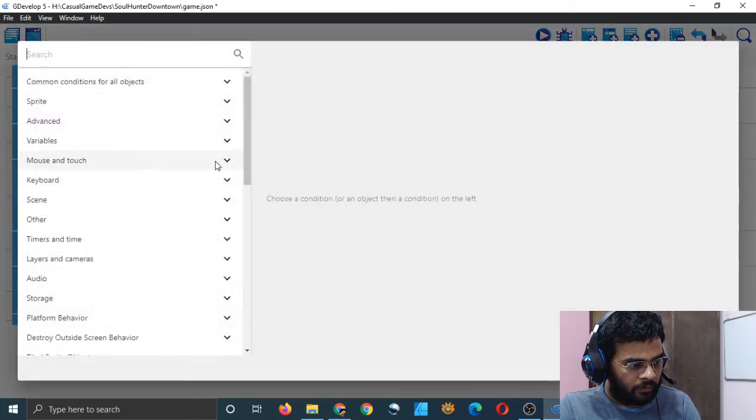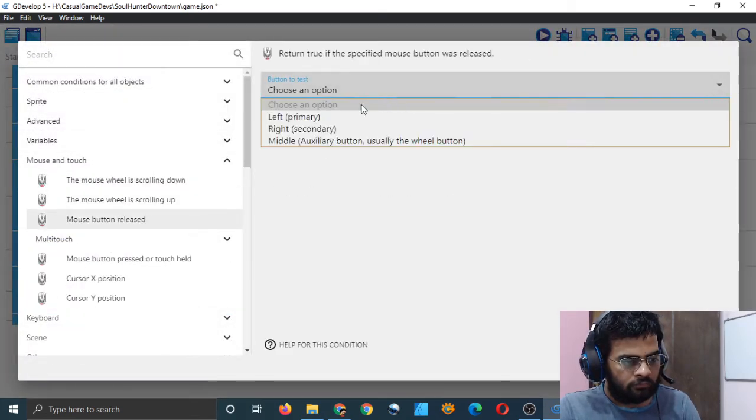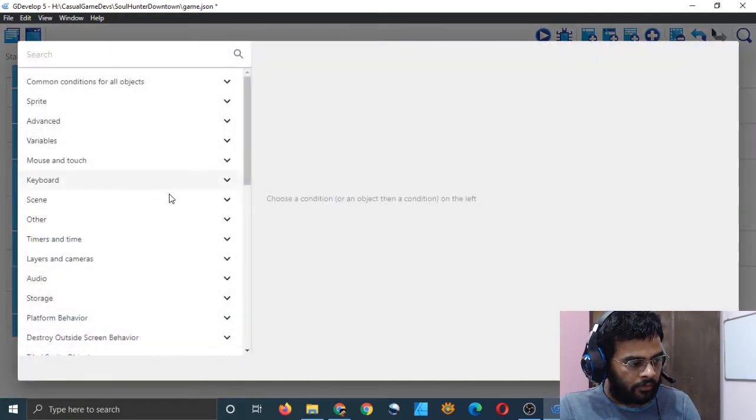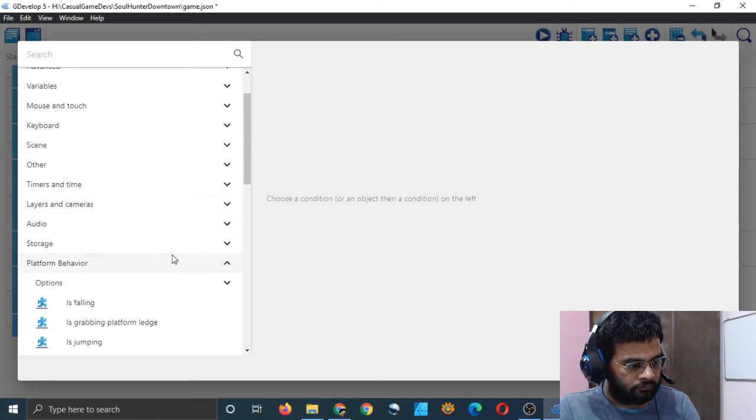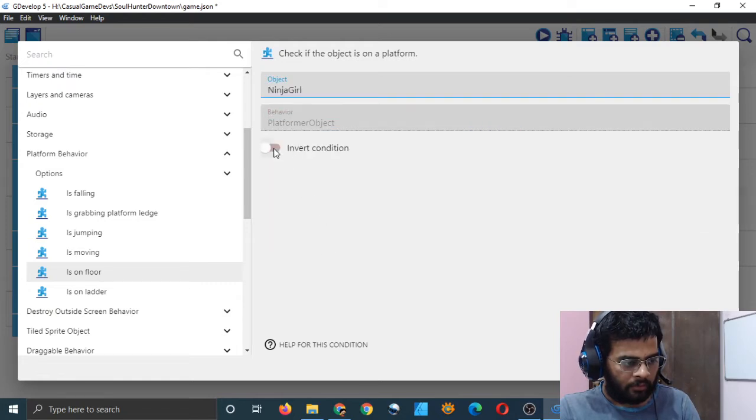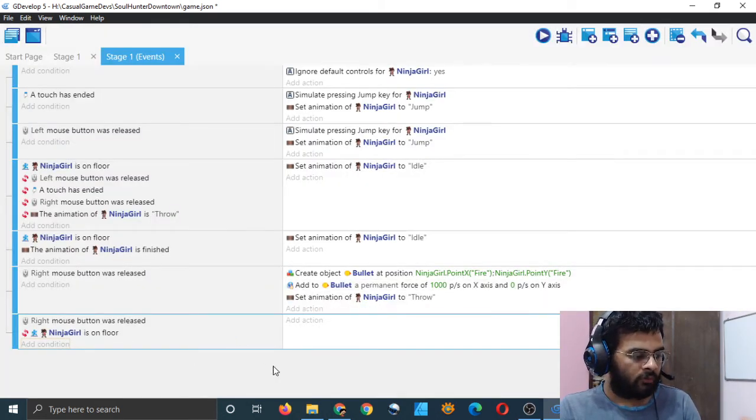So right mouse button was released, and the character was jumping and falling. In both cases, we want to play the jumping throw animation. So I will say on floor, but then I will say not on floor. Invert the condition. I want to check that the character is not on floor. So right mouse button was released and Ninja Girl is not on floor.